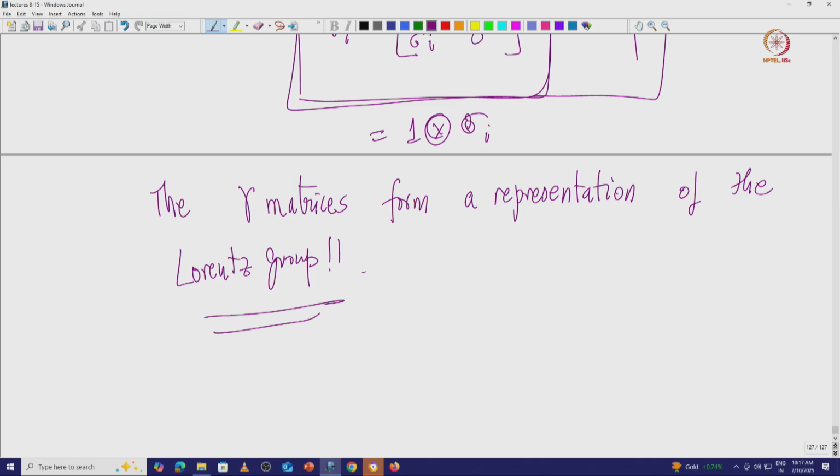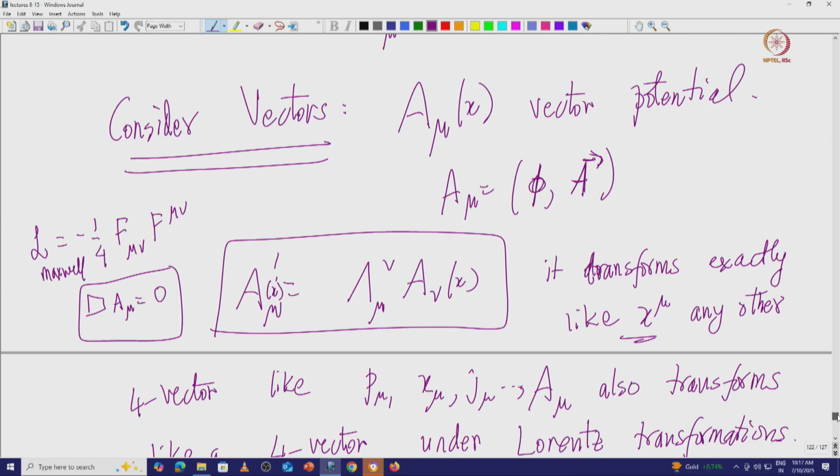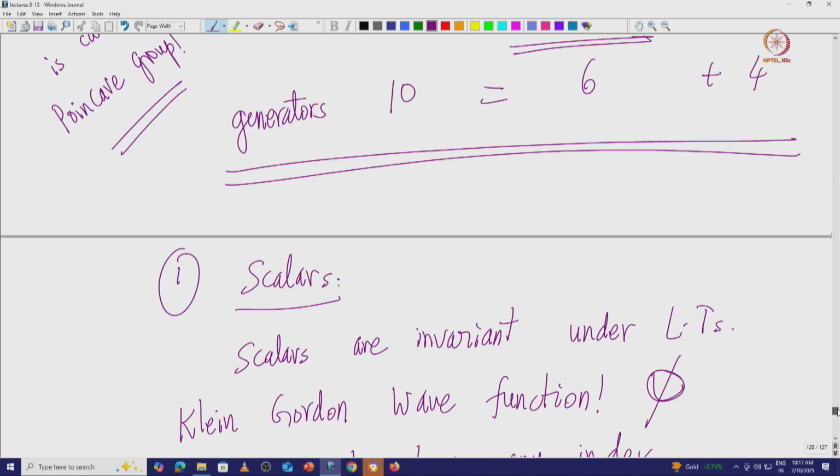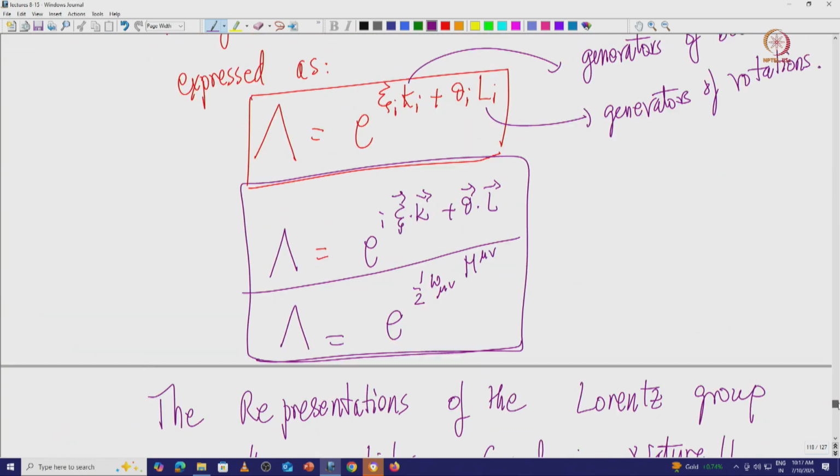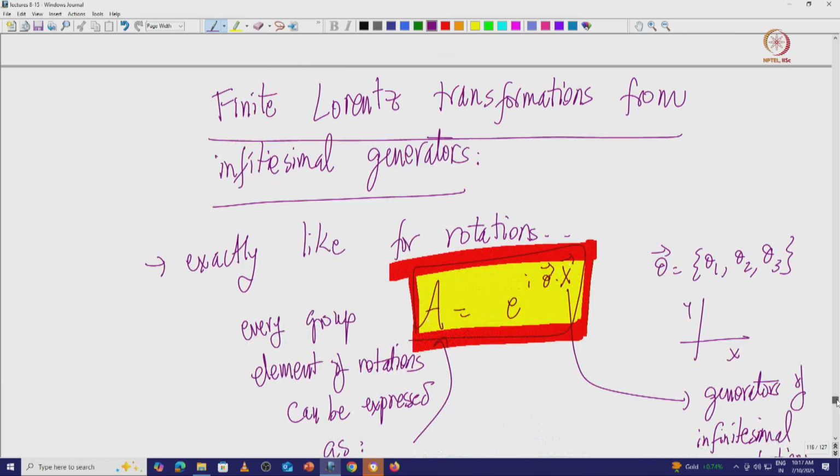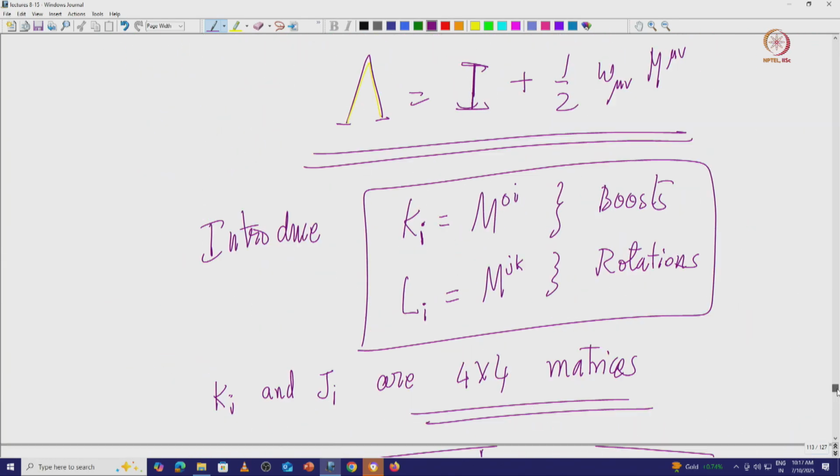How do they form a representation? You can write them as a representation of the Lorentz group by defining what the transformation is essentially. So, how do they form a representation of the Lorentz group? Essentially, they form a representation of the Lorentz group by considering...